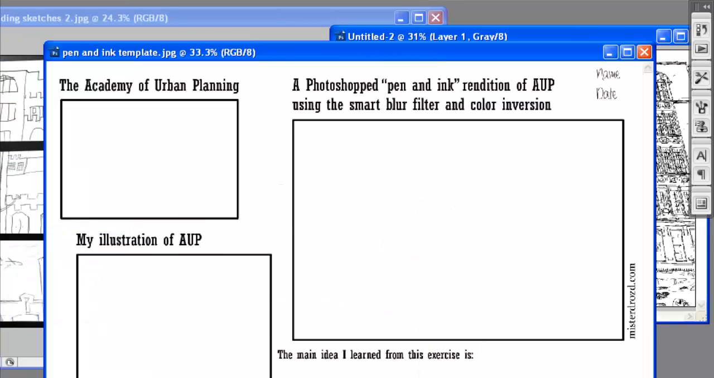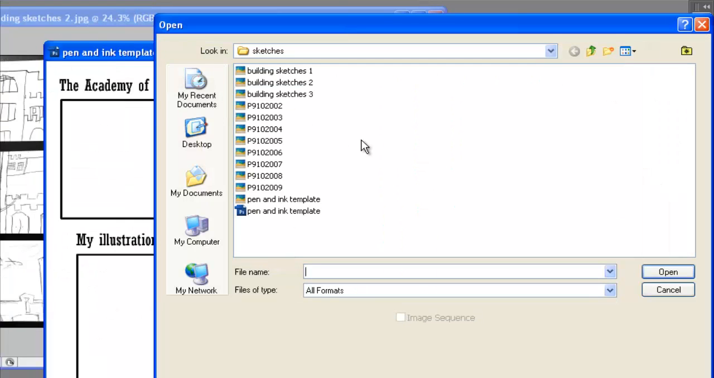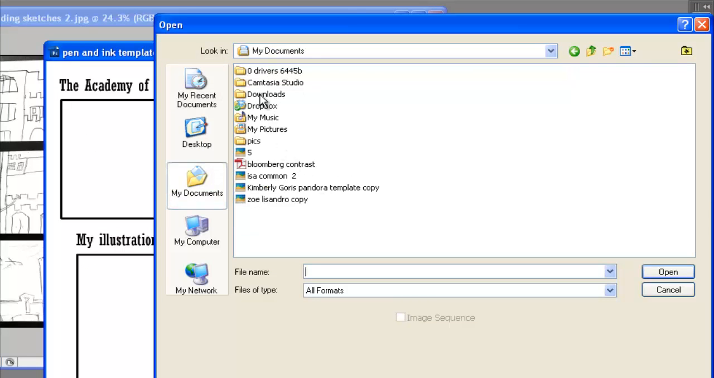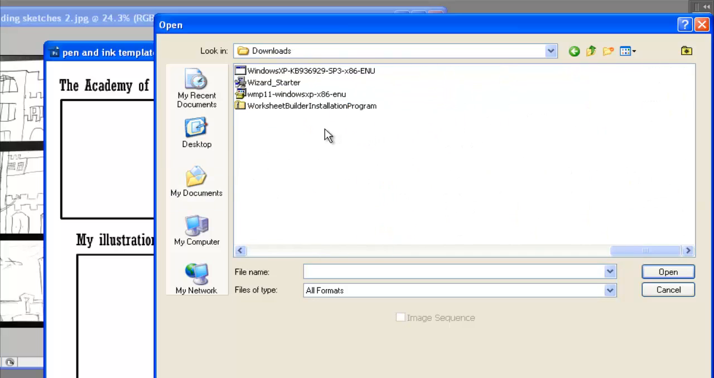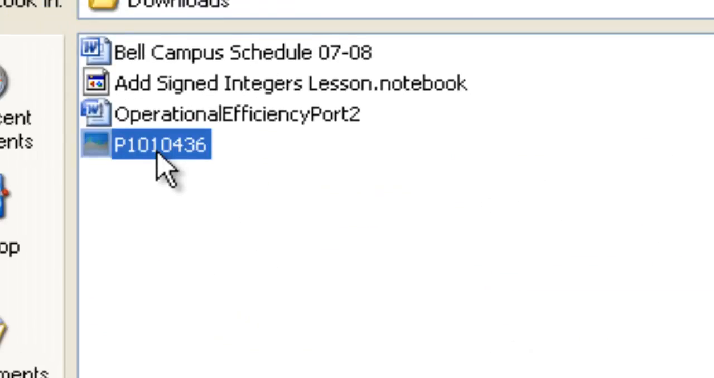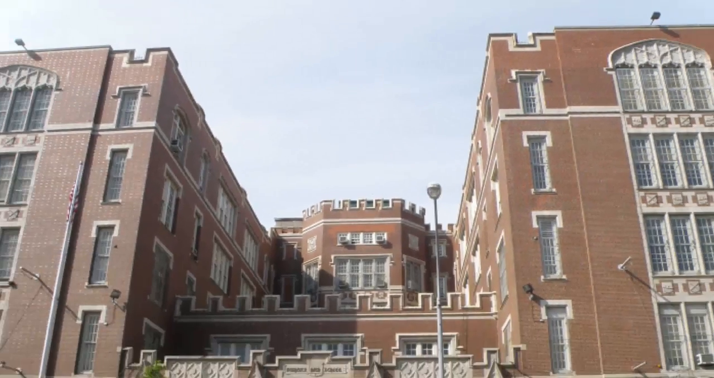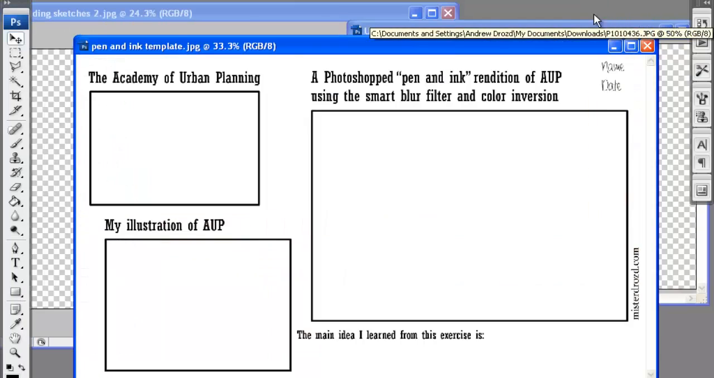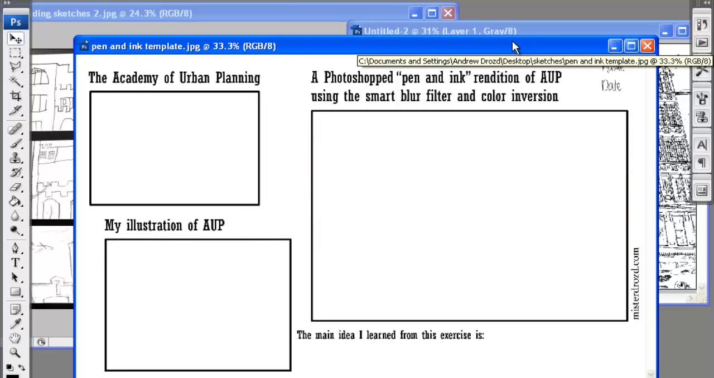I'm going to go to Photoshop. I'm going to click File, Open. I'm going to find it in my Documents, Downloads, right-click, Arrange Icons by, Modified. Tremendous. So now that we've got our photo, the next step that we're going to want to do is unlock this